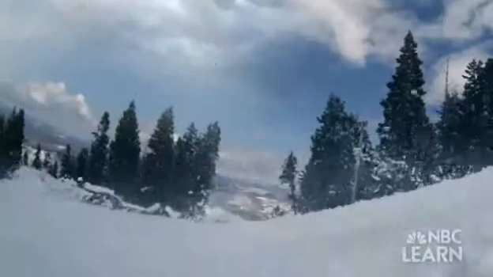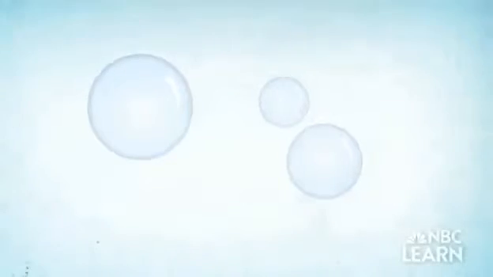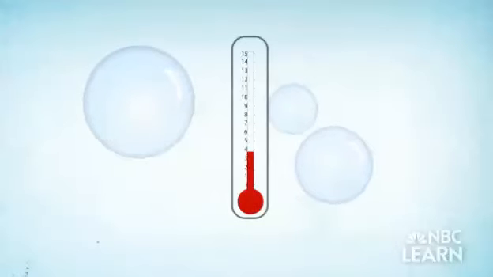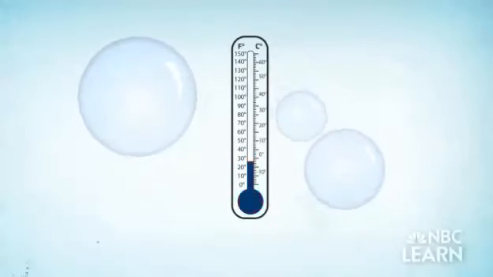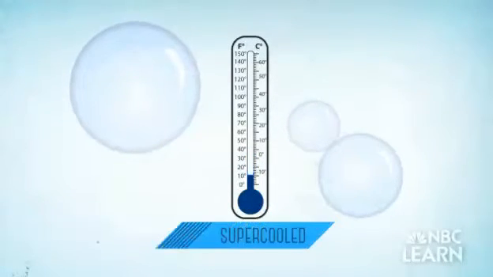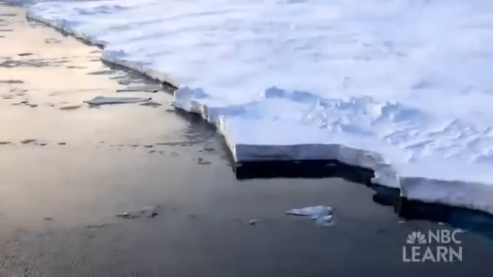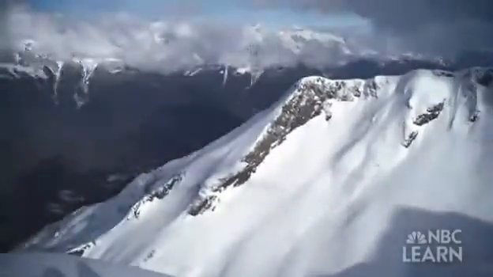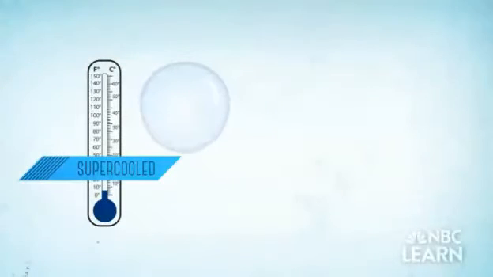Snow is a form of precipitation that begins as tiny liquid water droplets in the clouds. In order to turn into snowflakes, these water droplets need to be what scientists refer to as supercooled. You're right on that point of going from liquid to solid. We have a freezing temperature for water, but that freezing temperature can change based on your altitude. Supercooled water remains in liquid form, even though it's below freezing temperature.